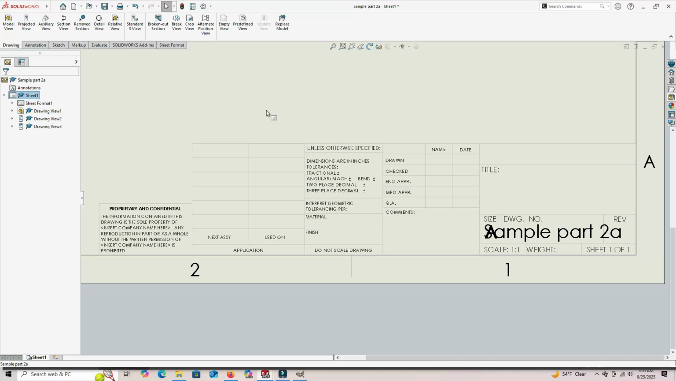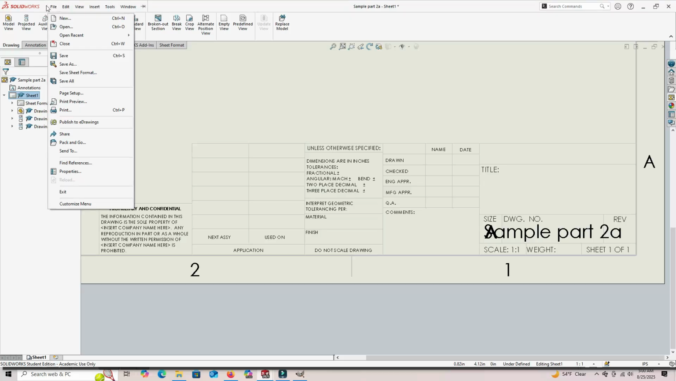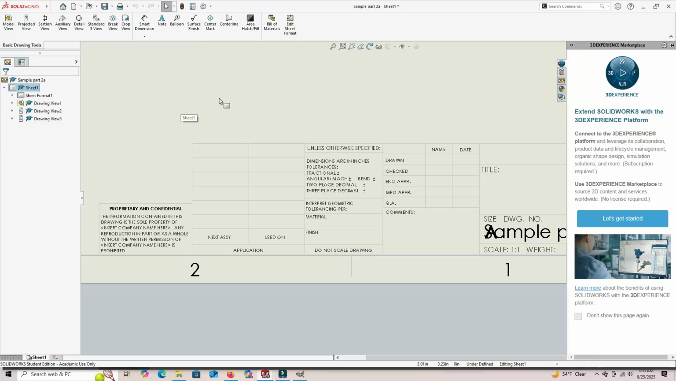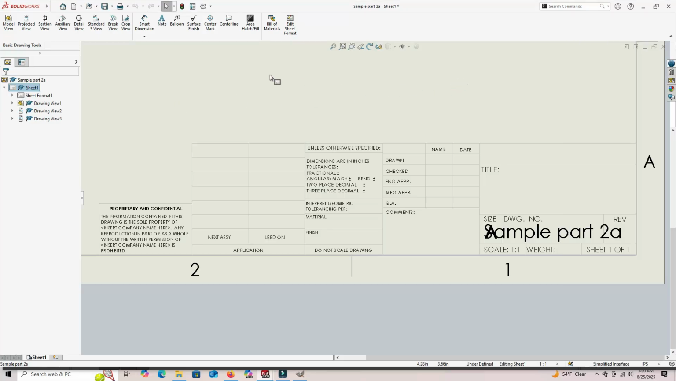Right now I'm in the standard format, which is different from what was in the last video. If you want to go back to your simplified format, you go next to the Solidworks icon, you choose View, Workspace, and click Simplified Interface. And that will bring this up. And I want to show a couple of things here because